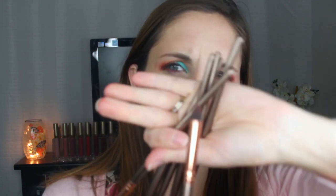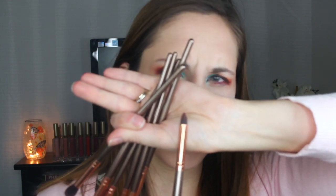Okay guys, so for the sake again of trying to use as many brushes as possible, I used 7 different brushes for my eyes. And I have to say I liked pretty much all of them. The only one I was kind of iffy on is this one right here, which is kind of like this angled one. Sorry, it's out of focus. It's got like a nice pointed tip. That was the only one I kind of had troubles with, but the rest of them, they blended so nicely,